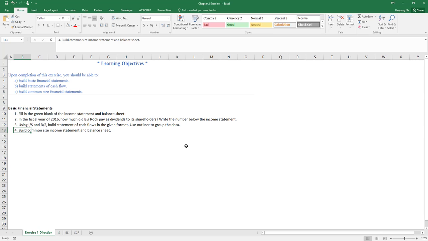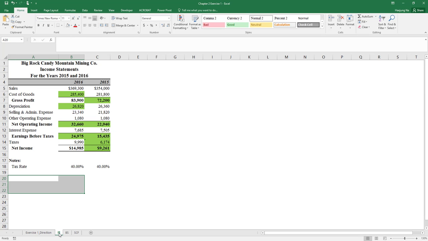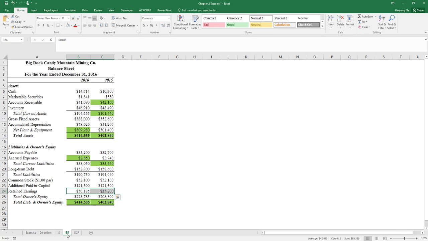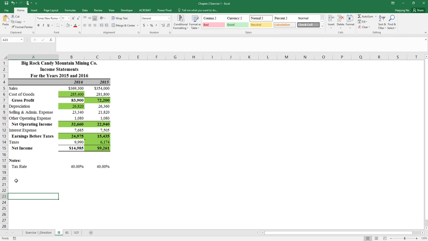From the question here, we can see that there is no information regarding dividends on the income statement or the balance sheet, right? So we will have to manually figure it out. How and where can we find the information about the dividends? It's actually related to the income statement item, and that particular item would be net income.